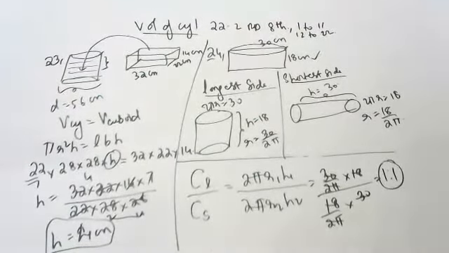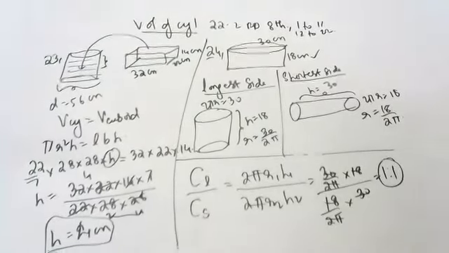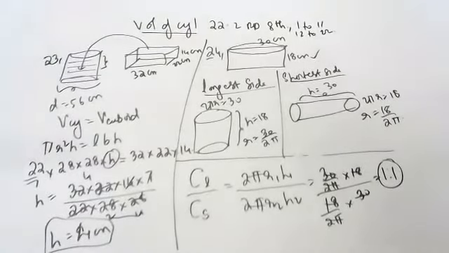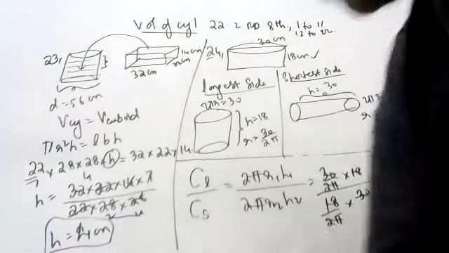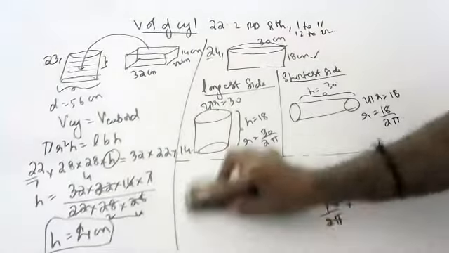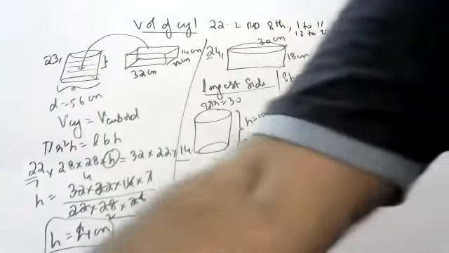But they give 5 is to 3 as the answer, children. They asked, I'm sorry, they asked to find the ratio of the volumes. That's why you got the wrong answer. They asked to find the ratio of volumes, not CSA. Okay, children. CSA remains 1:1 only.